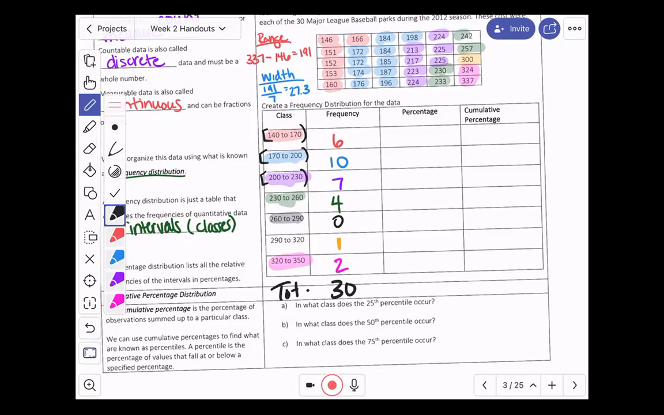Now, from there, we can find our percentages. How do we find the percentages again? Percentages means you're finding the relative frequency. The percentage distribution, which is going to be the next column, lists all of the relative frequencies of the intervals in percentages. So to find the percentages, all I'm going to do is 6 divided by 30, 10 divided by 30, 7 divided by 30,